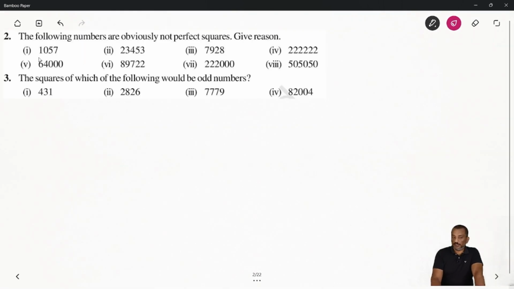नाउ अब मूव करते हैं हम लोग सेकंड क्वेश्चन की तरफ। हम बात करें क्वेश्चन नंबर 2 की। तो क्वेश्चन नंबर 2 में आपको बोला है द फॉलोइंग नंबर्स विच आर नॉट ऑब्वियसली परफेक्ट स्क्वायर, मतलब कौन सा नंबर यहाँ पे परफेक्ट स्क्वायर नहीं है। तो आपको याद होगा मैंने आपको एक प्रॉपर्टी पढ़ाया था स्क्वायर एंड स्क्वायर रूट्स में, उसका वीडियो मैं आपको डिस्क्रिप्शन बॉक्स में दे दूंगा जिससे आपको आसानी रहे। तो उसमें मैंने बताया था कोई भी नंबर है अगर उसके यूनिट प्लेस पे 2, 3, 7 एंड 8 है, ठीक है, आर नेवर अ परफेक्ट स्क्वायर।